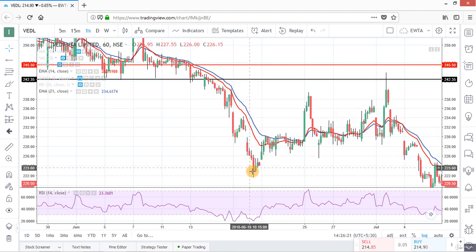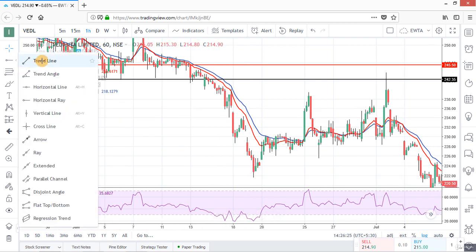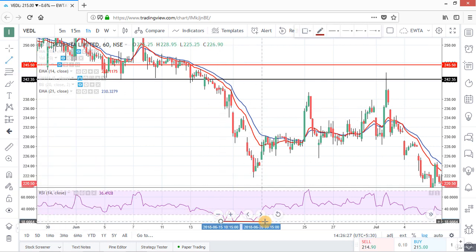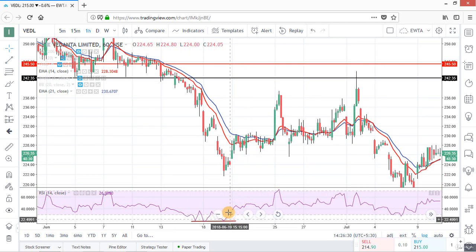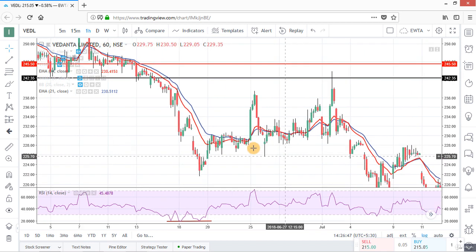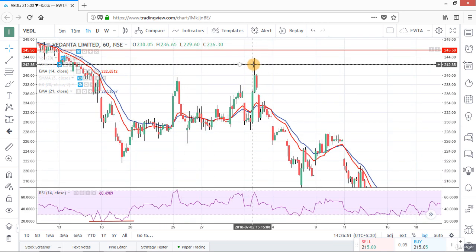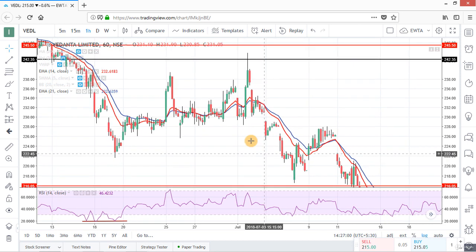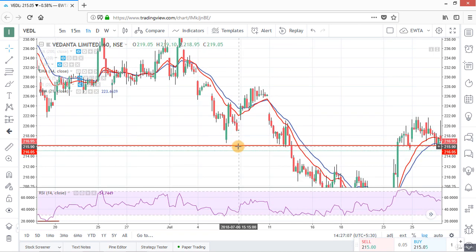Now the stock made a downfall and see on RSI, we are now getting a positive divergence. So we should be very cautious at this point because this was a sharp downfall. Now here moving averages are going sideways, so we will exit from our short position. Again prices are testing this level but couldn't hold the level, and here we are getting a selling signal with the moving average set. We will make our short sell position and this was the support level. Now when prices are near this level, we will exit from our short sell position.